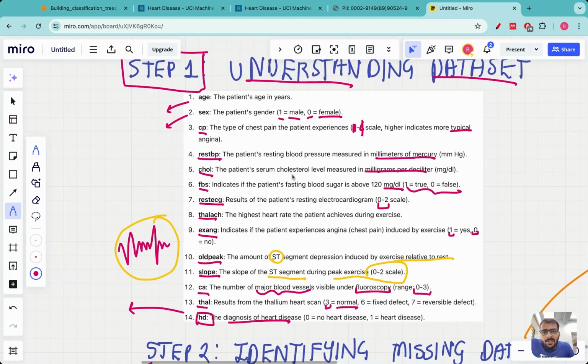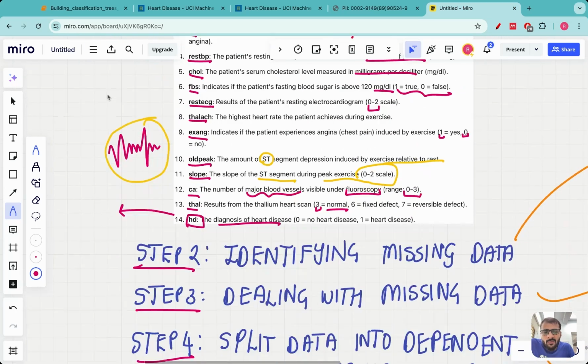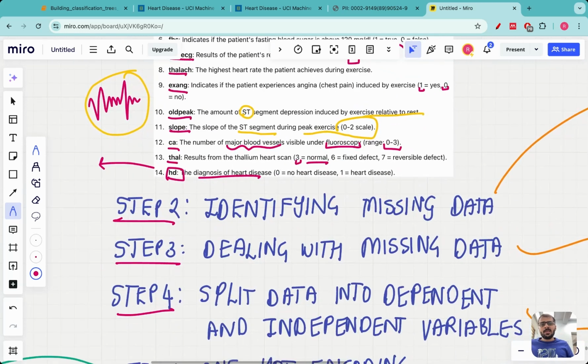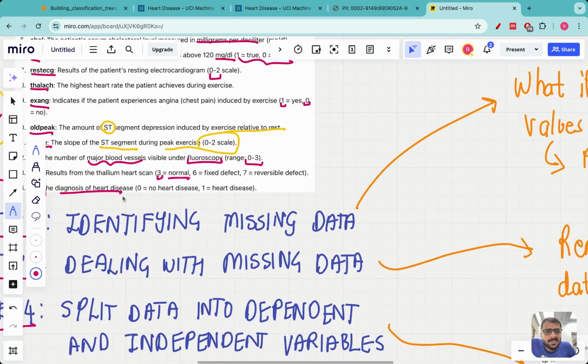Okay, so now we have completed the first step, and we have completed this first step in code also. So now we'll be moving to the second step. In any machine learning or data science project, when you deal with real life data, you always have missing data, which means that let's say